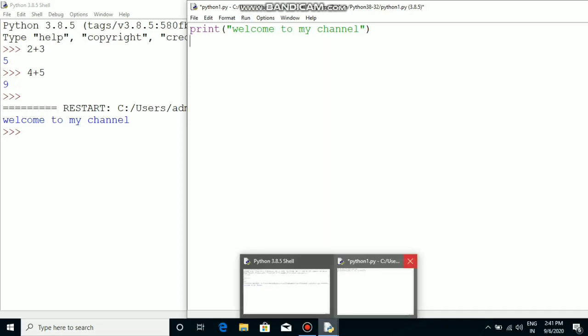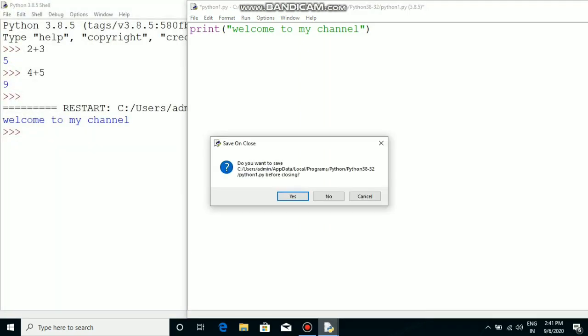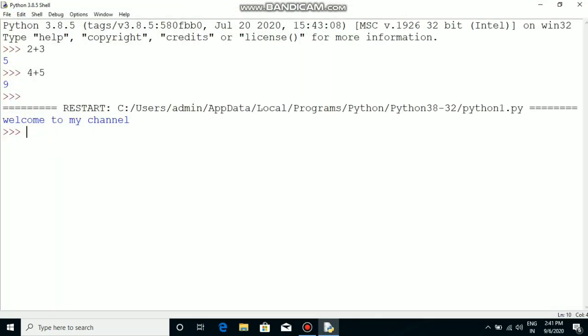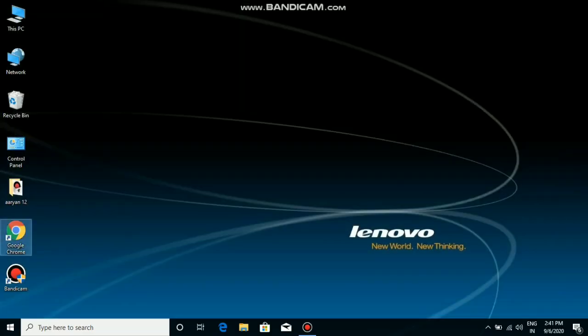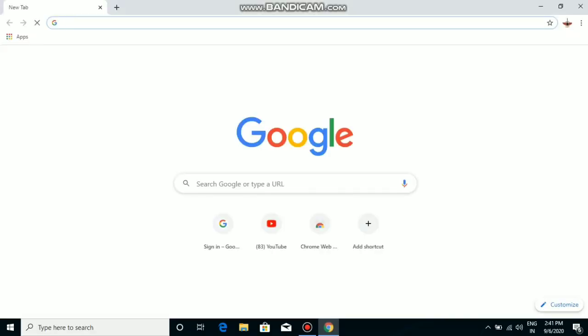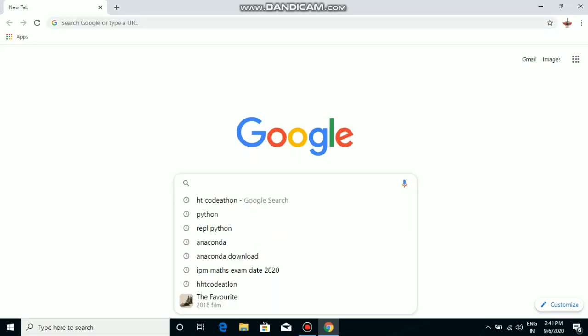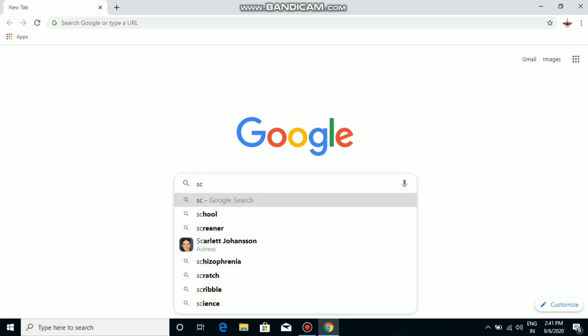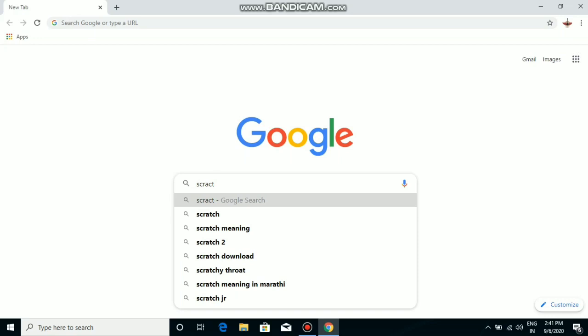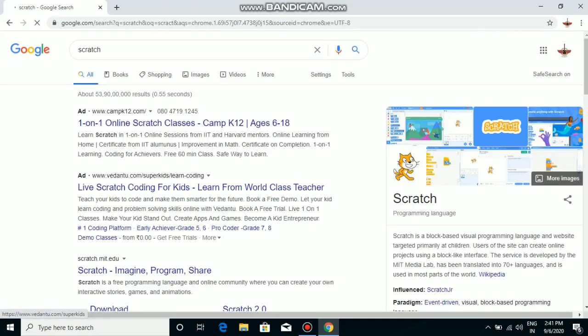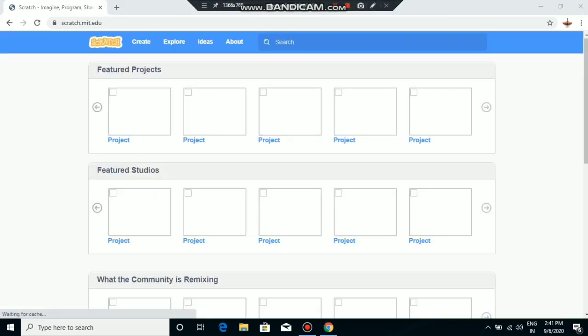So let's first close our window of this, and then I'm going to show you how Scratch looks. For the next session, you have to be ready with the download of Python and with the download of IDLE when you play my video. And now you have to simply search for Scratch and scroll down, and the third option you can see, which is called scratch.mit.edu, you have to click.